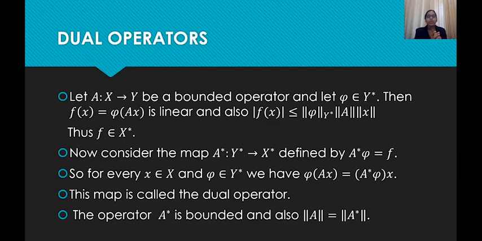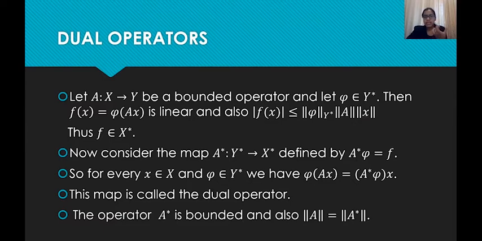And also, what will be mod of F of x? Mod of F of x will be equal to mod of phi of A of x. Mod of phi of A of x will be less than or equal to norm of phi into norm of A of x. That was the property of bounded operators, right? And again, A is bounded, so norm of A of x will be less than or equal to norm of A into norm of x. That is how we have obtained the inequality that modulus F of x is less than or equal to norm phi, norm corresponding to Y star, into norm A into norm x. Okay, I hope the concept is clear.